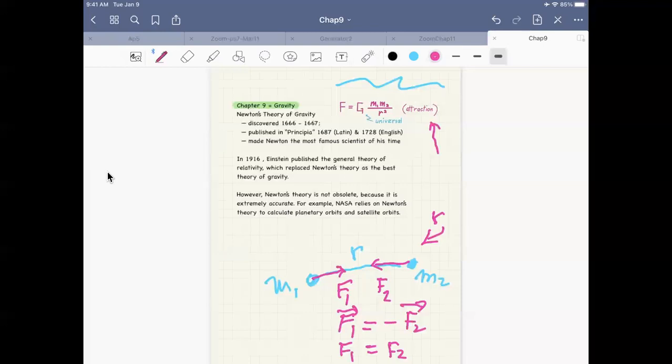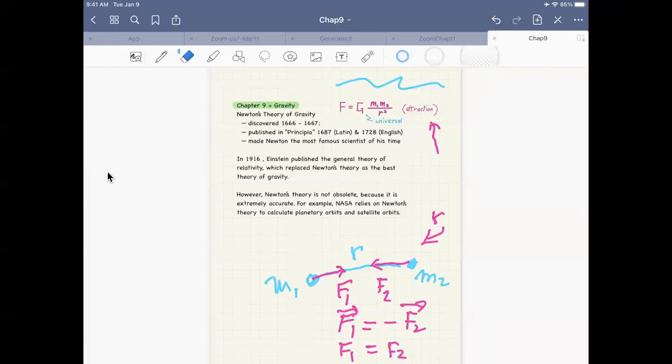If it's the distance between the Earth and you, it's the distance between the center of the Earth and, say, your belly button, the center of your body. That's the universal theory of gravity,